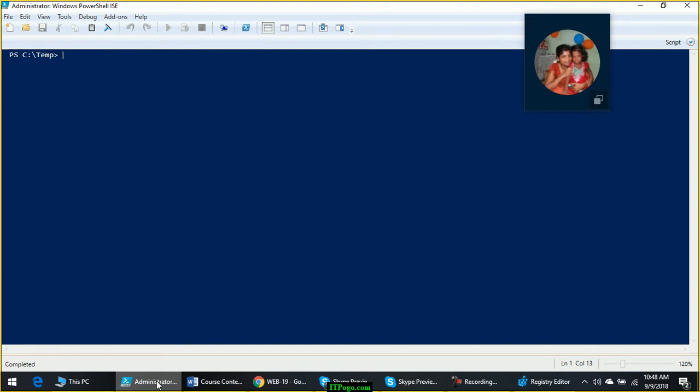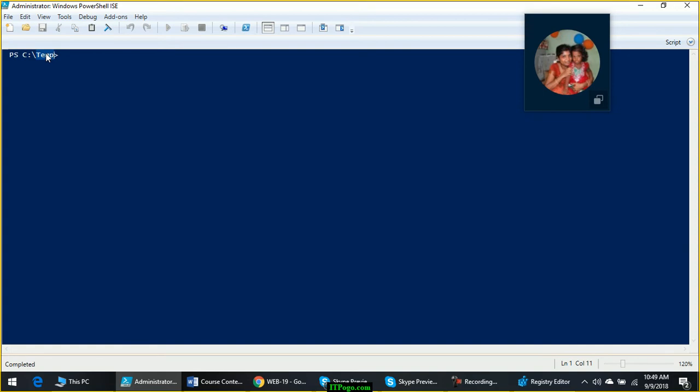So when you log into PowerShell, you will see something, colon, and then a path. This is the path where you are currently. For example, currently I am in C temp, that is under the file system provider I am under the temp folder.